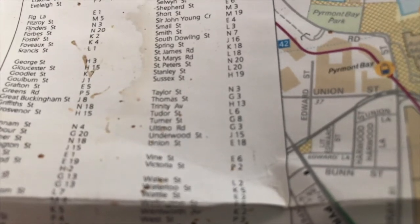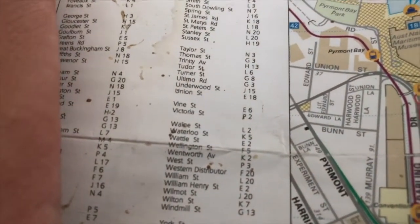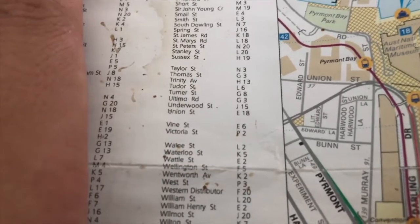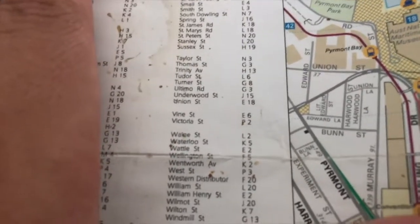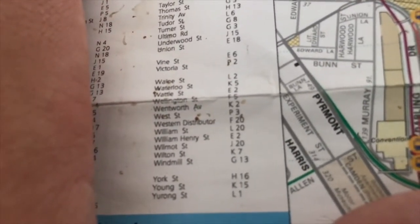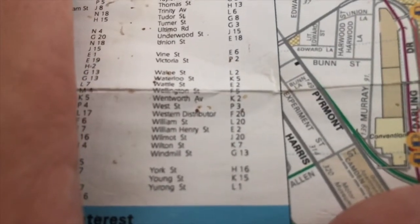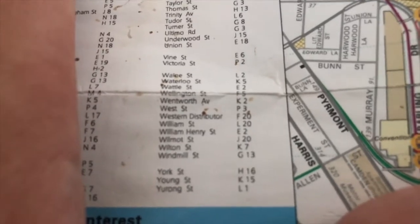G3, Underwood Street J15, Union Street E18, Vine Street E6, Victoria Street P2, Wayne Street L2, Waterloo Street K5, Wartle Street E2, Wellington Street F5, Wentworth Avenue K2, West Street P3, Western Distributor F20, William Street L20, William Henry Street E2, Wilmont Street